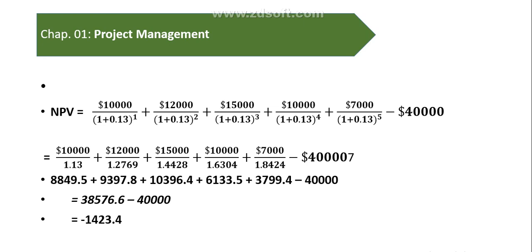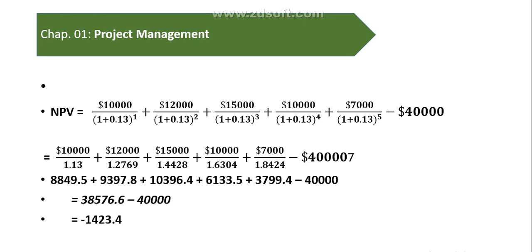Here, instead of CF, I have written the amounts: year 1 is 10,000, year 2 is 12,000, year 3 is 15,000, year 4 is 10,000 and year 5 is 7,000, each divided by (1 + K). The required rate of return for this project is 13%, for the first year, second year, third year, fourth year and fifth year. And this 40,000